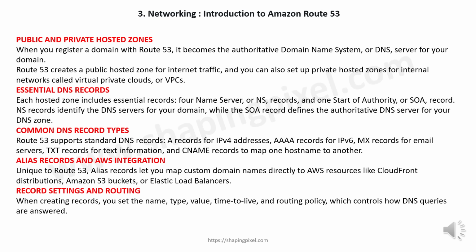AAAA records for IPv6, MX records for email servers, TXT records for text information, and CNAME records to map one host name to another. Unique to Route 53, alias records let you map custom domain names directly to AWS resources, like CloudFront distributions, Amazon S3 buckets, or Elastic Load Balancers. When creating records, you set the name, type, value, time to live, and routing policy, which controls how DNS queries